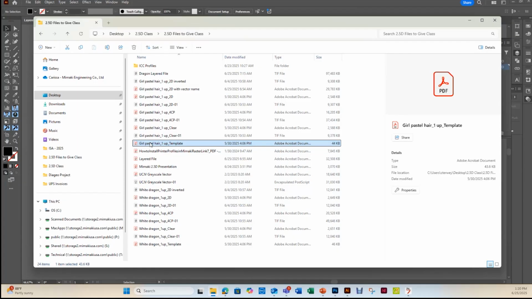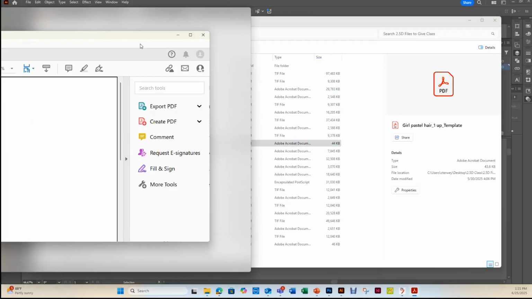Is that just the one-up one? Yeah, it's just the one. It's just so that I know exactly where on the bed it's going to print. So if I have a pre-cut piece, or say you're printing on a block of wood, or on something that is already a specific size, you want to make a template so that you know exactly where your print is going to end up on that piece, so that you don't screw it up,